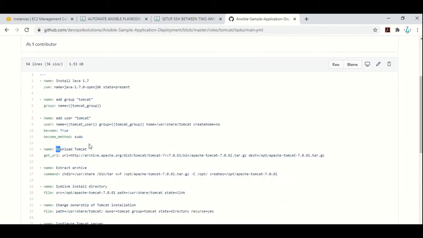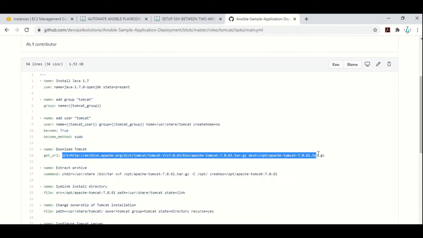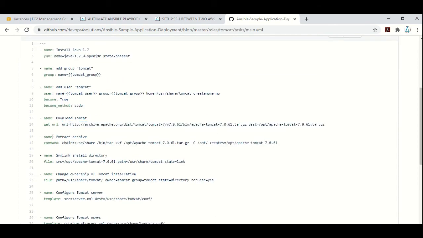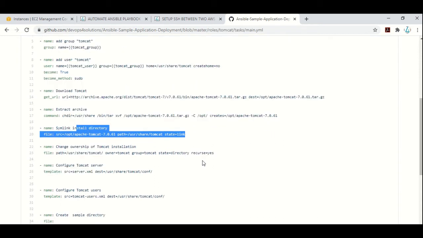Now you want to install Tomcat, you can install it. Everything right now I have obviously hard coded, but you can put everything in variables and start using variables, because that's a good practice. Here you are extracting it, you are creating the symlink. We are creating the symlink so that whenever the server stops and restarts, the service will come up automatically. You don't need to go to the server and start the services again.